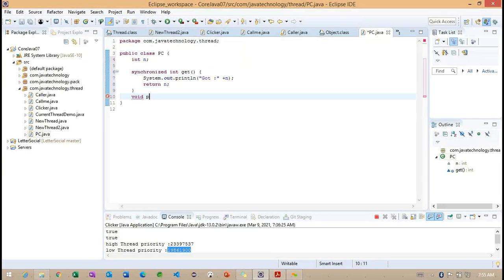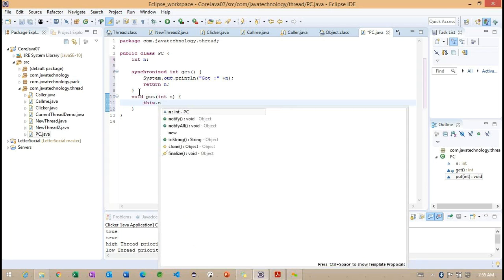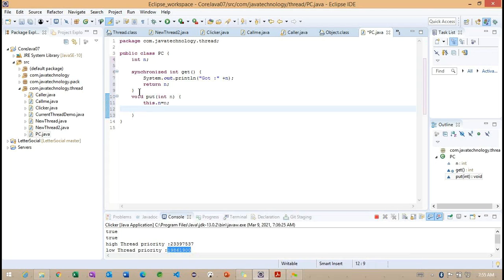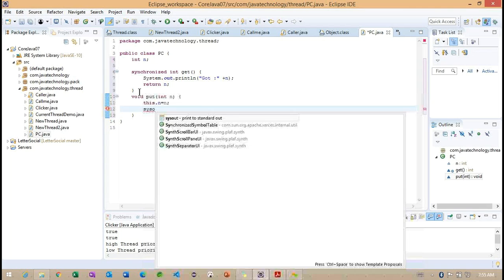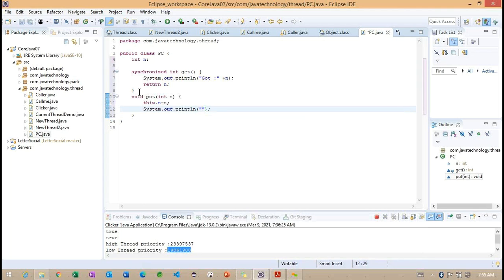And one more, I'm having the put method, taking one parameter, int n. After this, I want to specify a message, "put", with whatever value we are setting. This is also synchronized. So these are the producer and consumer based application here.